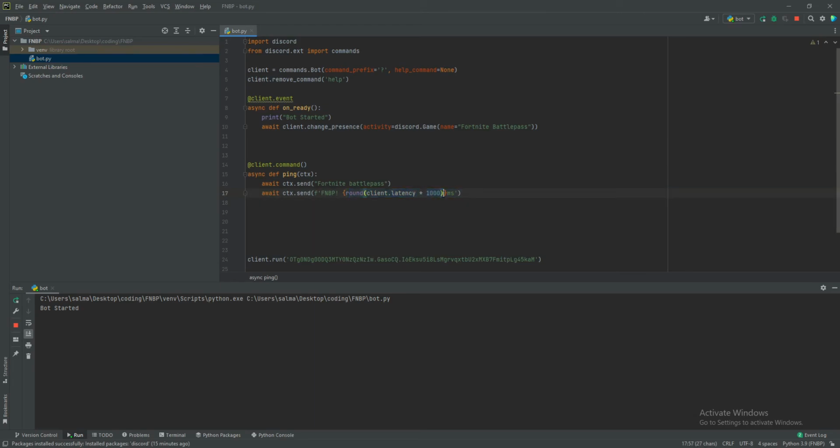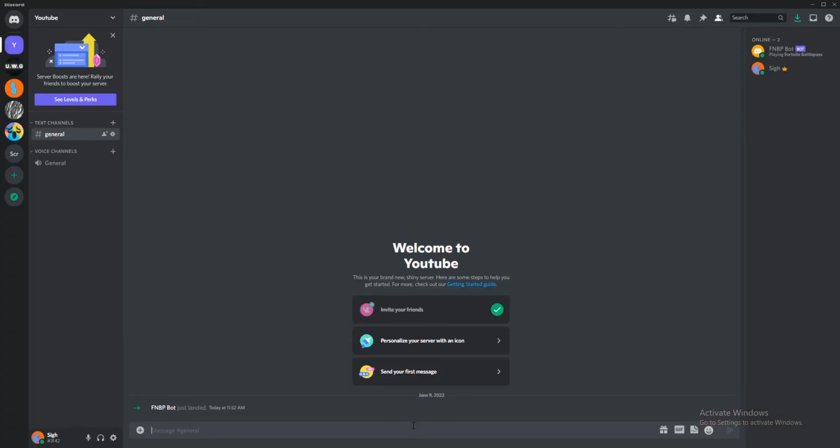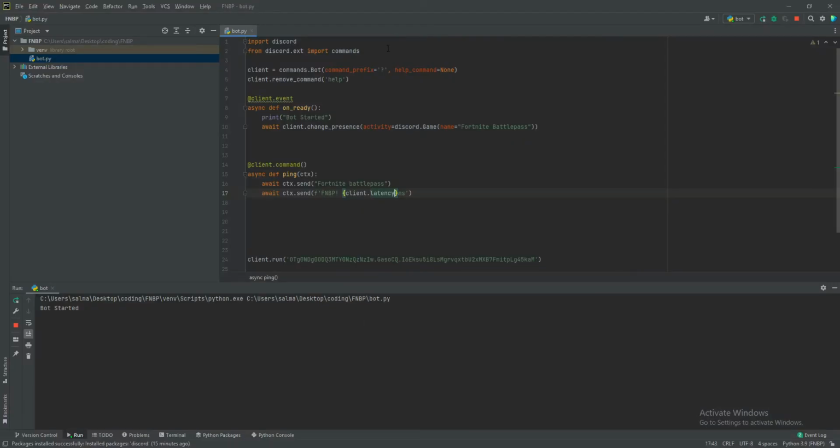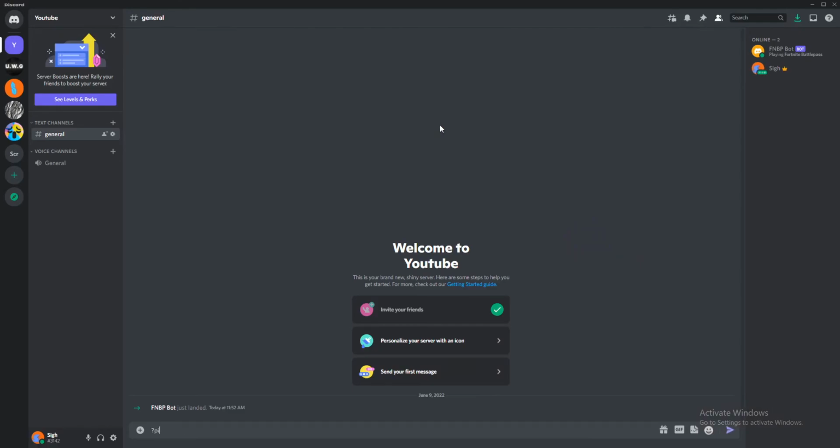So if we don't round this, I can show you what happens if we don't do the round function, if we just do client.latency. Save, run. Now if we go ahead and do, and by the way, you do have to use your prefix, so ping,